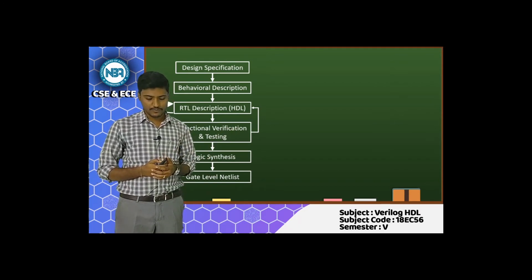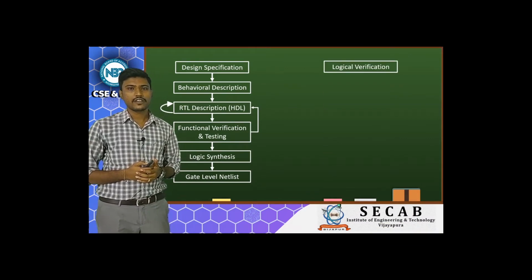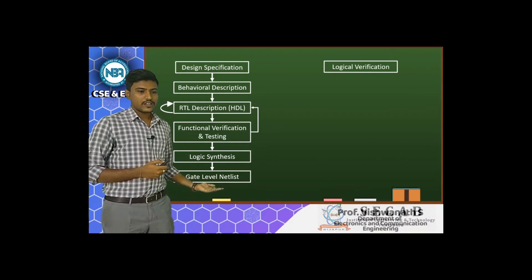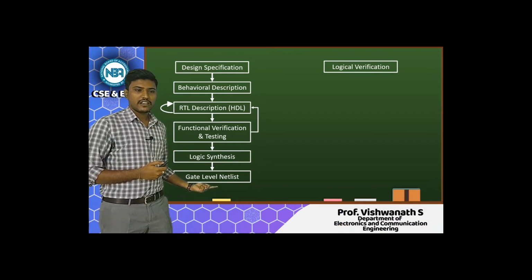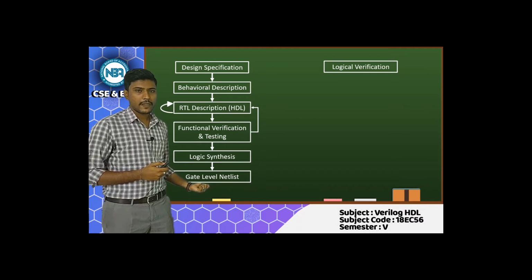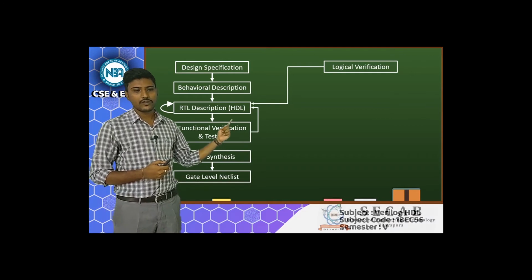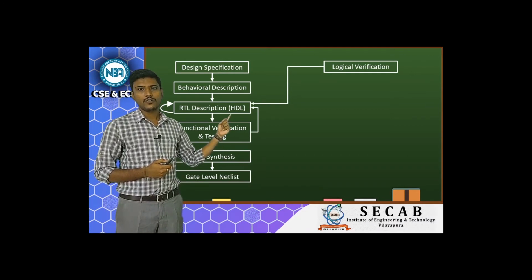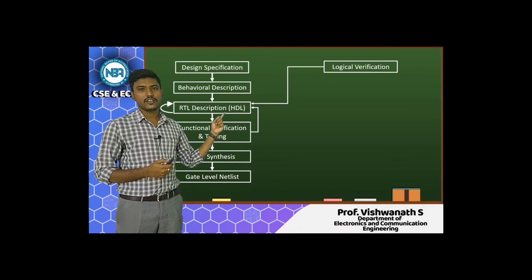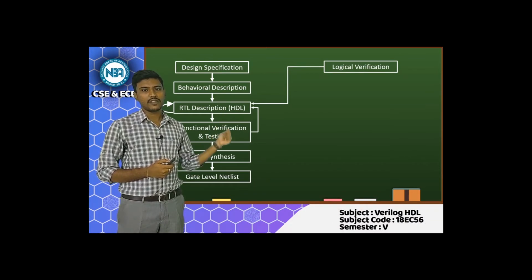So how is this done? It all starts with logical verification. Once the circuit is developed at gate level netlist, I need to verify whether it is going to work properly or not. If it fails, we change back to the HDL. Again the error report is sent to the designer and the designer will modify his HDL so that our design becomes bug free.